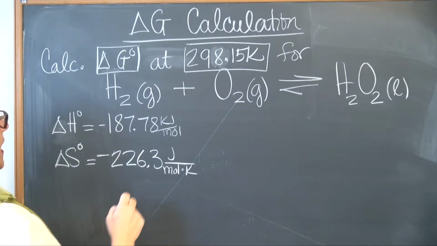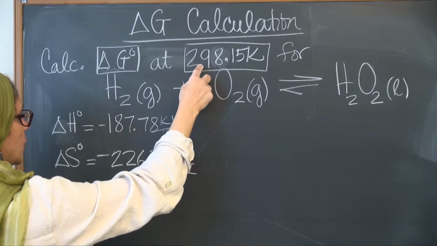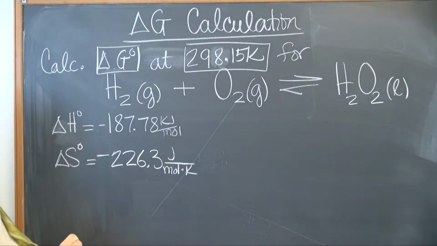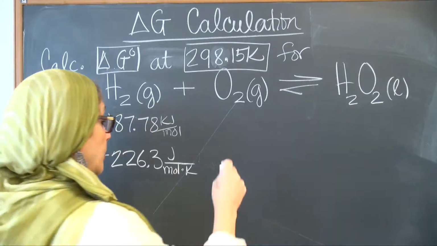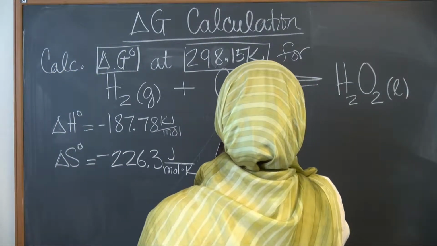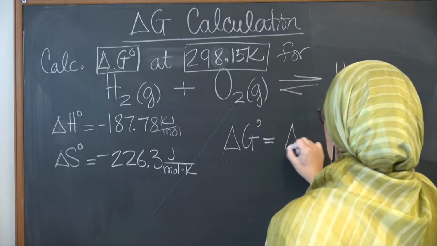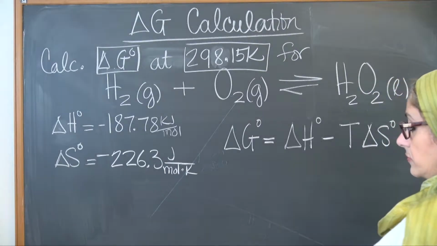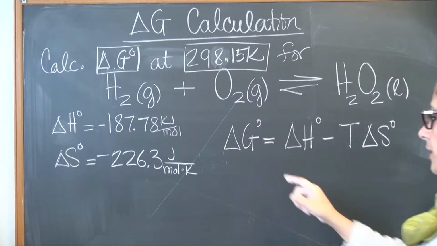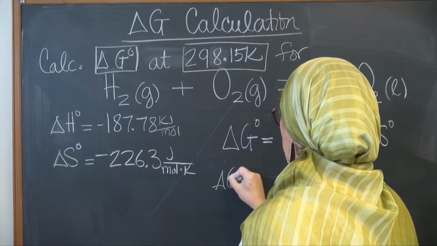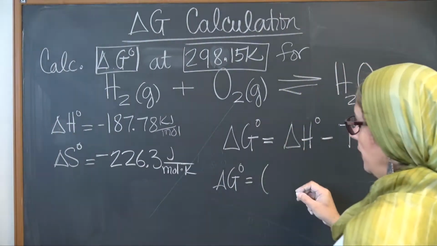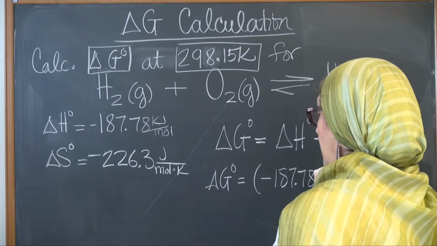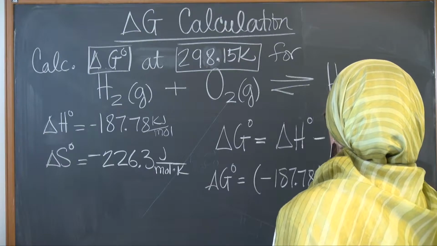All right, so we have our temperature, we have our delta H, we have our delta S values, and we're asked for delta G. We have the tool that we need to use. We have an equation, delta G equals delta H minus T delta S. Now we plug in. This is our unknown, delta G naught equals, delta H is given as negative 187.78 kilojoules per mole